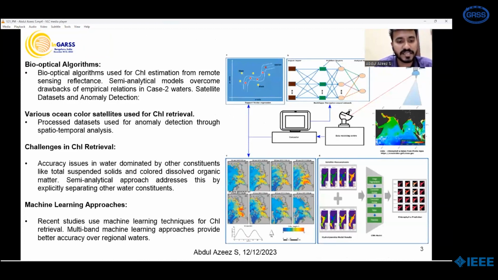Recent studies use machine learning techniques for retrieving chlorophyll, and we can use multi-band combinations. There are also challenges in chlorophyll retrieval in terms of cloud cover in the satellite imageries. And if we combine machine learning approaches with the satellite images, then we can accurately extract the chlorophyll from the